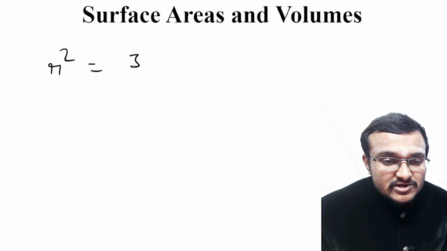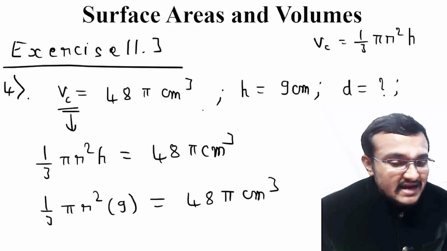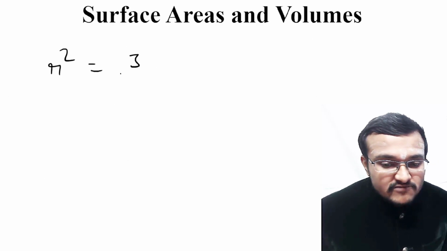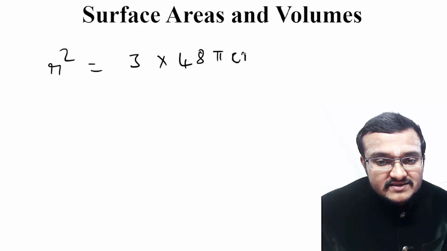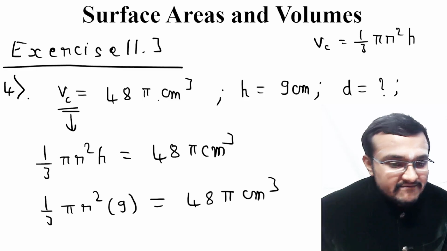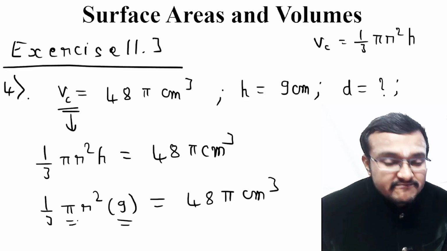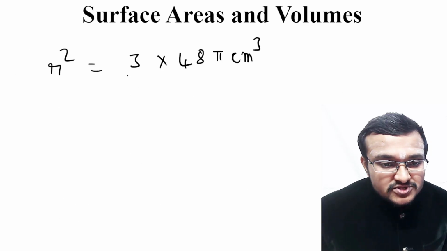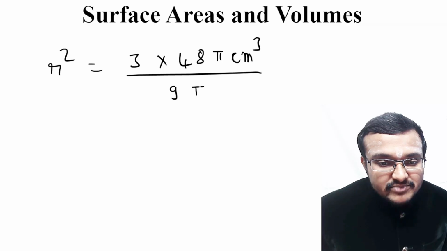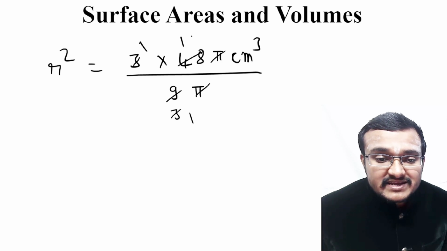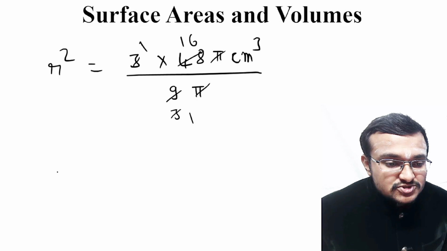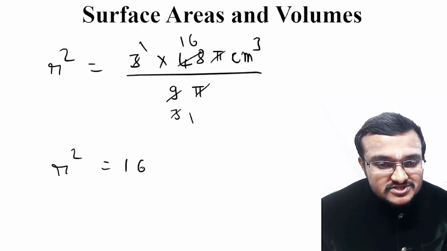So 1 by 3 when you bring to RHS, it becomes 3 by 1. And here already in the RHS, you have 48 pi centimeter cube. And here in the LHS, you also have 9 and you also have pi. So 9 and pi go to the denominator. So 9 pi. Here pi and pi get cancelled with each other. 3 ones are 3, 3 threes are 9, 3 ones are 3, 3 ones are 3, 1 will be remaining, 18, 3 sixes are 18. So r square is equal to 16